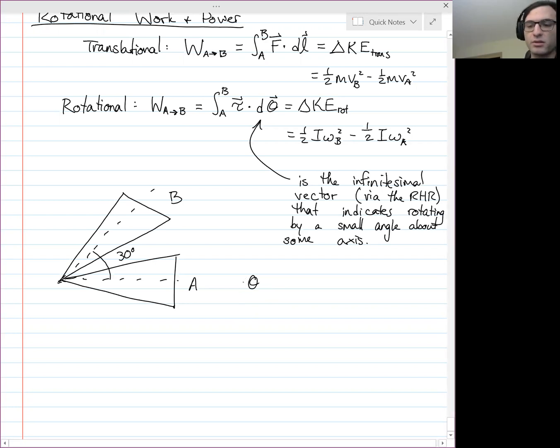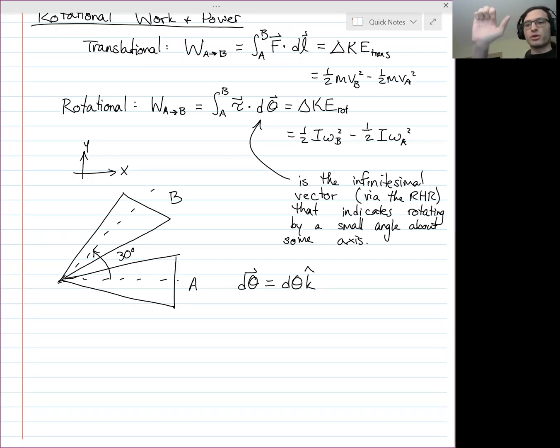In this case, if that's x, this is y, and out of the board would be z, d theta would be some small angle in the k hat direction, because the rotation is occurring counterclockwise in the xy plane. So we use the right-hand rule. The rotation goes from x. Let me show the